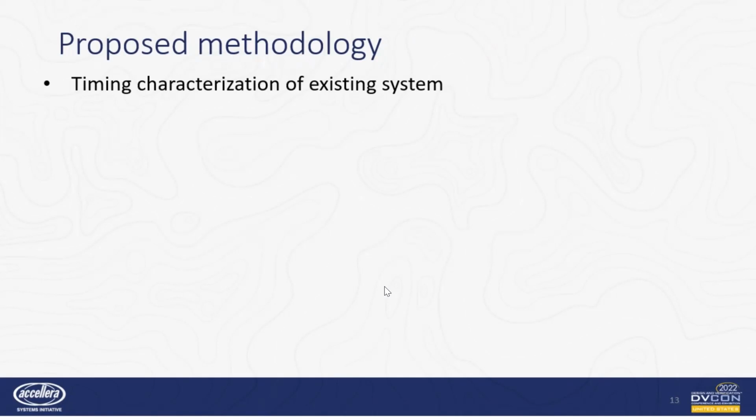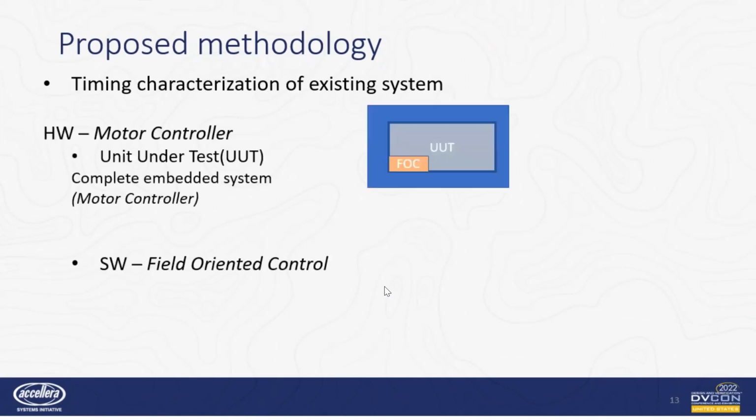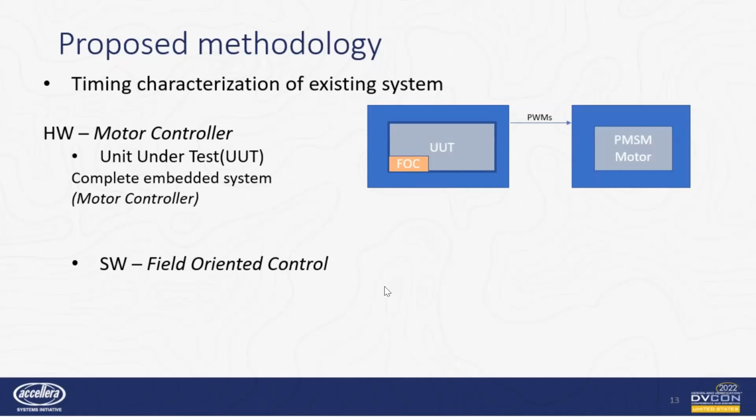Here, we will focus and look at the interaction between the unit under test, that is composed by the virtual prototype, and the motor, to get metrics related to the behavior of the motor controller by using the PWM as output and motor stimuli, and the encoder and analog signals as inputs and feedbacks for the controller. The specification on this abstraction level helps to define timing metrics and test cases.